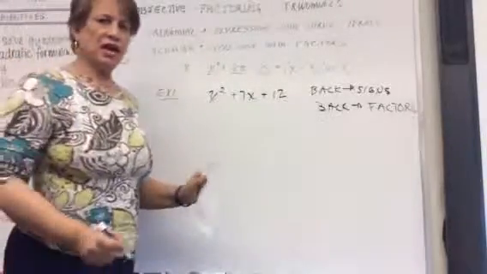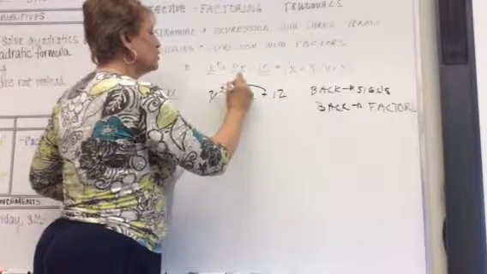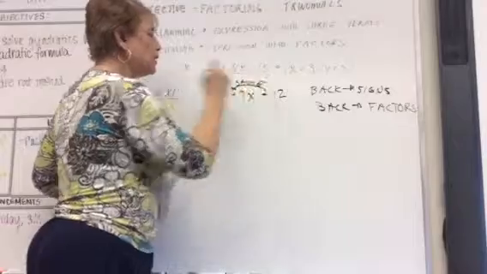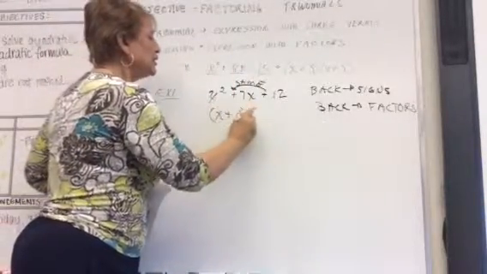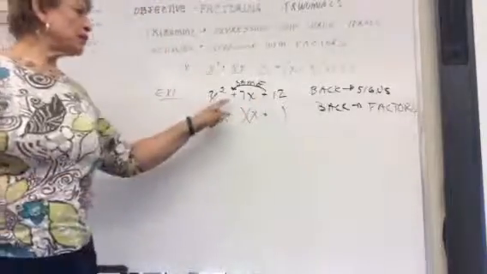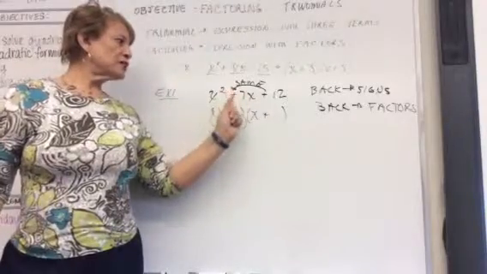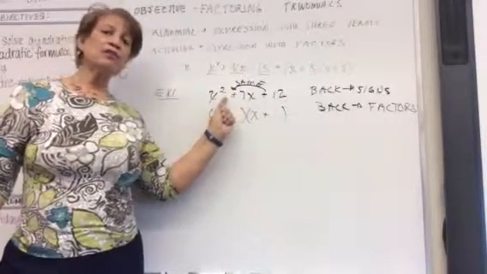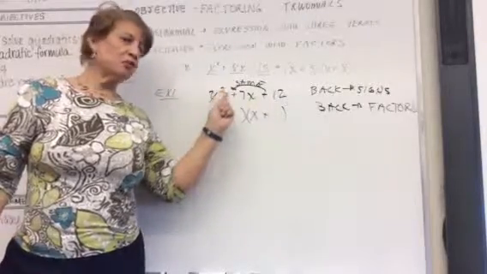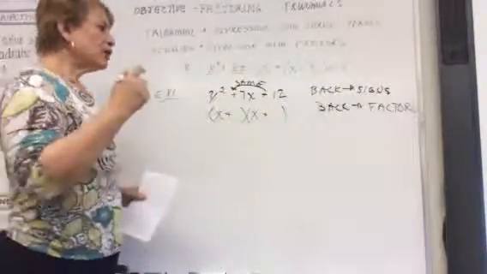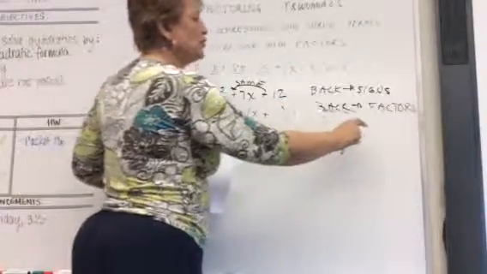Notice I have an addition sign. Whenever you have an addition sign, that tells us that the signs are going to be the same. So when I write this, I'm going to write x plus times x plus. And it's a plus because you always are going to have the sign that's in the front. Notice both signs are the same. They're both addition. Do not look in the front. Look in the back. Because if it's a plus sign, it tells us that the signs are going to be the same. Now, then you have to look in the back the second time, because that's going to determine the